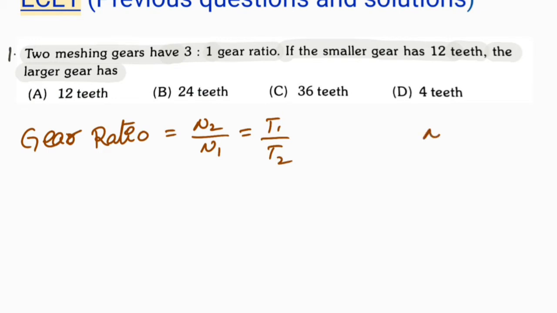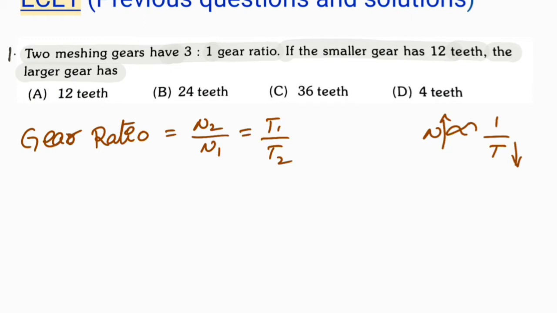From this I can say that the speed is inversely proportional to the number of teeth. As the number of teeth are less, the speed of the follower is more. The driver is always running at constant speed. The driven speed increases when the number of teeth are less and vice versa. It means if the number of teeth on the driven are more, its speed decreases.